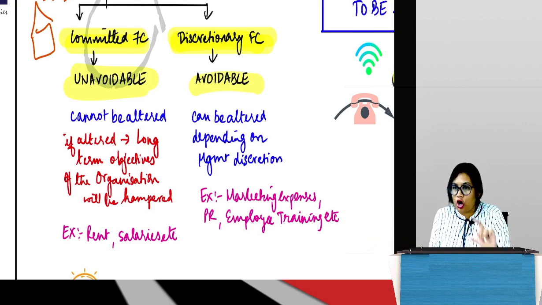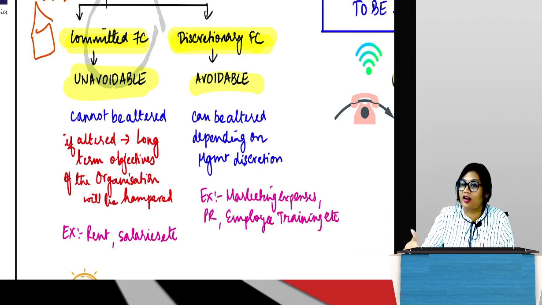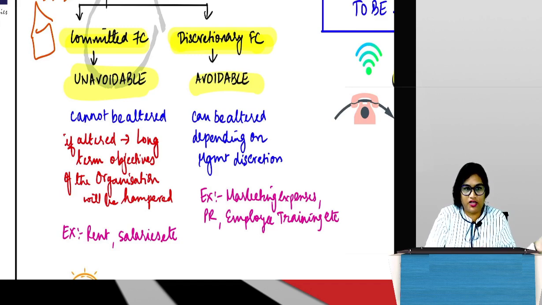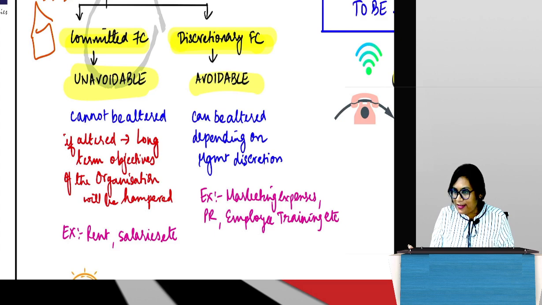So the nature of this cost, 5,000 rupees, which I am spending towards radio ads, this is fixed. Every month I am paying 5,000 rupees, whether manufacturing is happening or not, doesn't matter. I have to send the money to the radio agency to play the ad. But now if I cut it off, is it going to hamper my business? No, it's not going to hamper my business. So this is discretionary fixed cost, right? It is at my discretion. I can cut it off if I want to, based on the company policy and decision taken by the management.